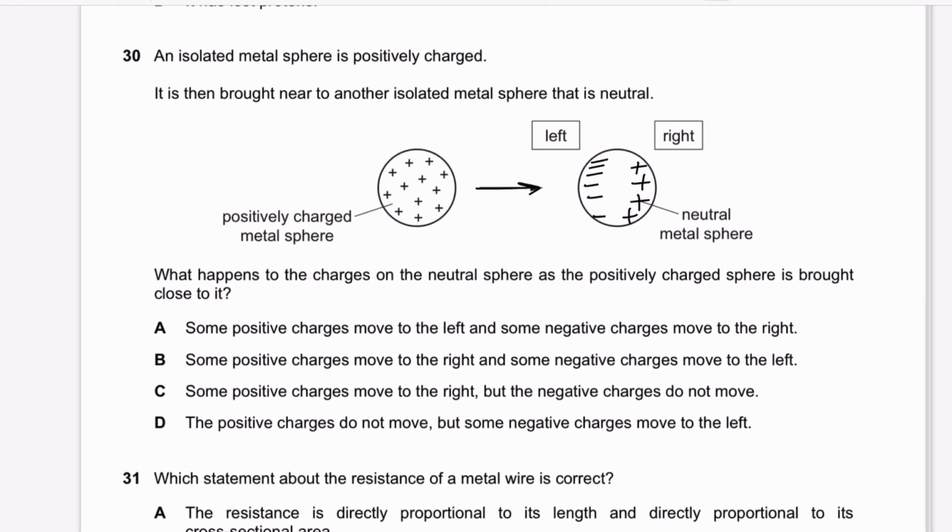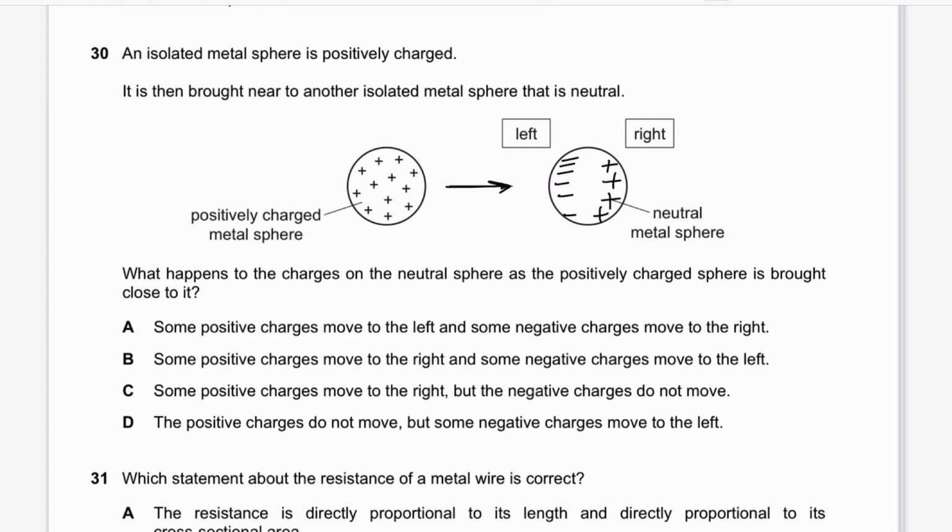Let's see what our options are. A. Some positive charges move to the right and some positive charges move to the left. Incorrect. Positive charges are moving to the right. Let's see B. Some positive charges move to the right and some negative charges move to the left. Is that true? That is not true. Here